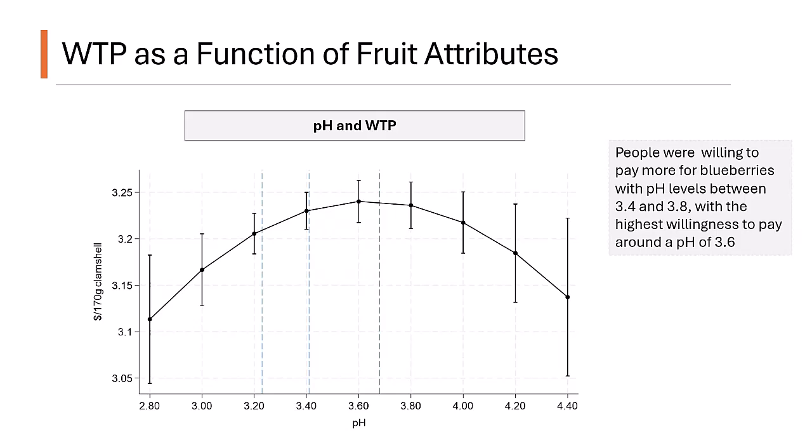In this case, it's pH, and on that vertical y-axis, I'm going to show the price. So as you can see here, just predicting the price for different values of the pH. And then you'll see the vertical dashed lines. That just gives you an idea of the distribution of the values that we saw